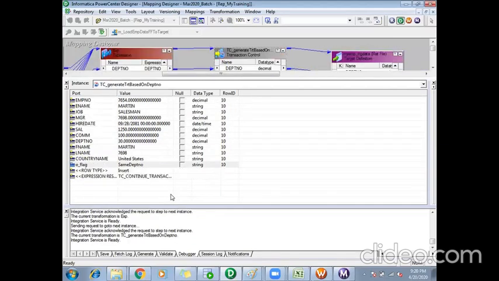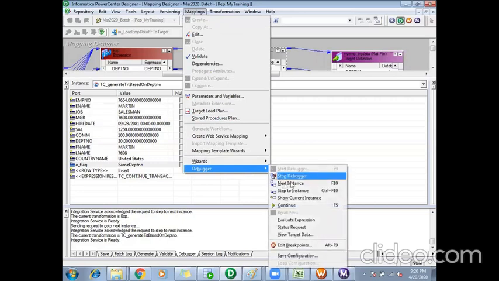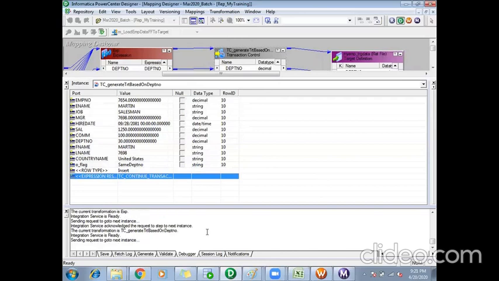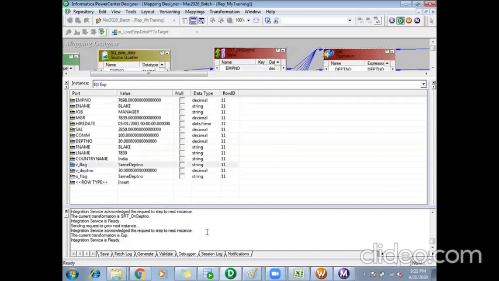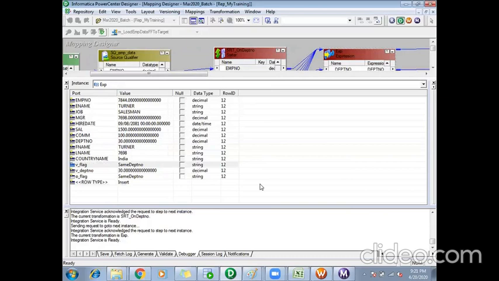So like this, at any point of time, if you have analyzed and found the issues, you need not process all the records. If you have understood, you can go to mapping debugger and stop the debugger. Or if you want, you can keep on running until all the records are processed. I'm pressing F10. You can press F10, or every time you can go to mapping debugger and say next instance. That is also fine.